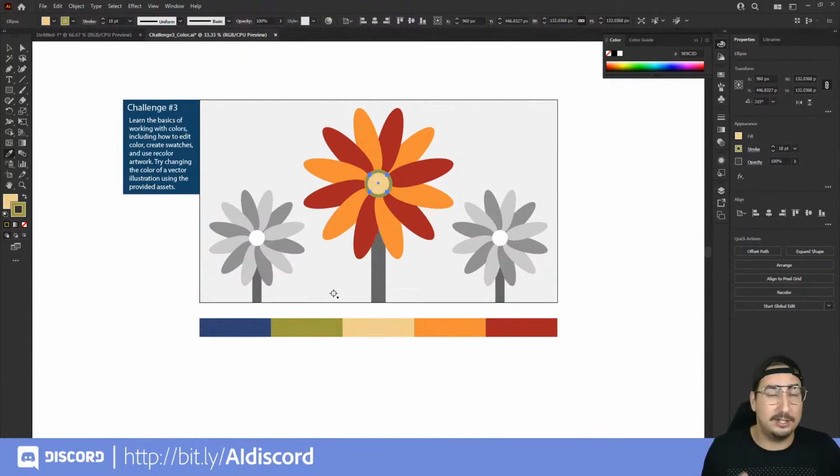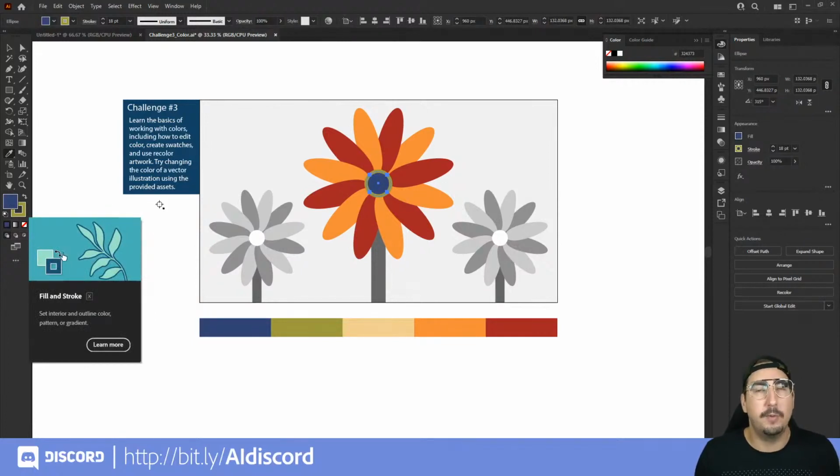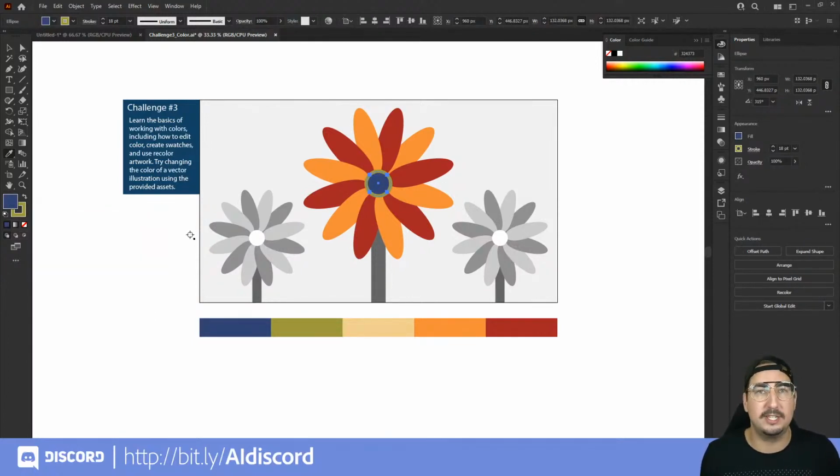Now again, if I want to do that same trick and change the fill of this, maybe we want the middle to be blue, I can hit X and it's going to bring our fill to the front. And then doing that same trick, we're going to hold Shift and then click. And because the fill was in front, when we hold Shift with the eyedropper tool, it's going to grab that